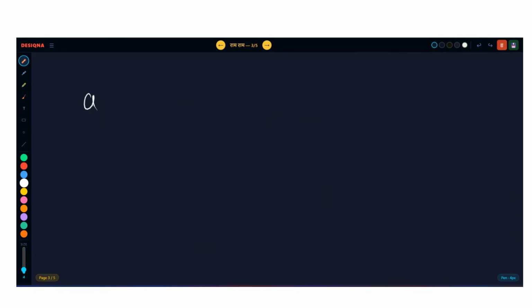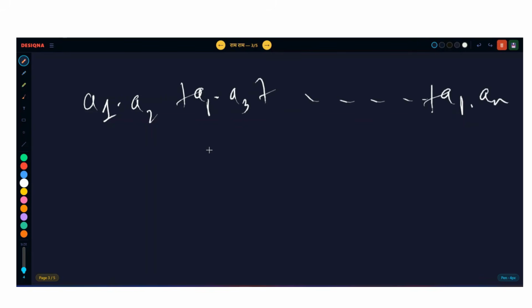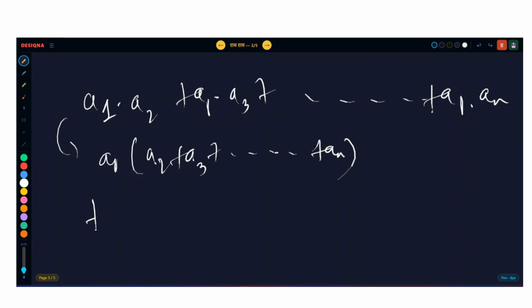You know the sum looks like this, right? A1 multiplied by A2. See, A1 dot A2 plus A1 dot A3 plus A1 dot AN. So take A1 common, then what will it look like? A1 multiplied by A2 plus A3 plus AN. Similarly, the second number is multiplied with all third to nth numbers. Similarly, the third number is multiplied with